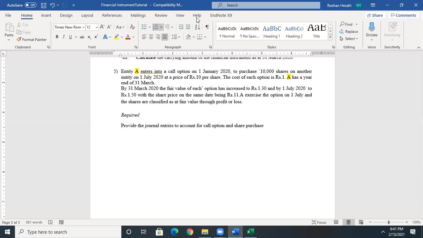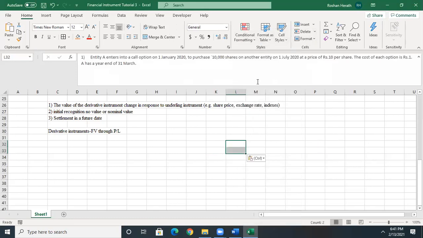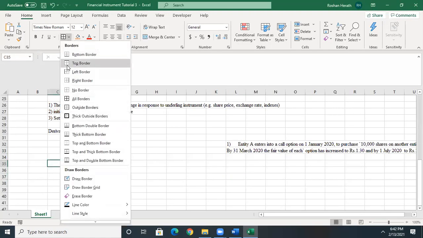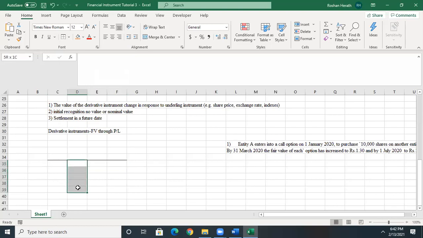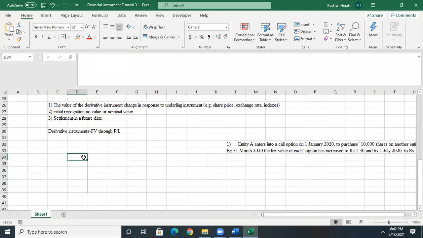Yes, have you made any attempts? Right, shall we have a look at that? So here we have the question. Again, the easiest way to get this across, let me take a ledger account. It's about the option. You are taking a call option,